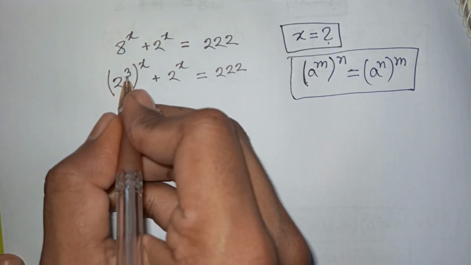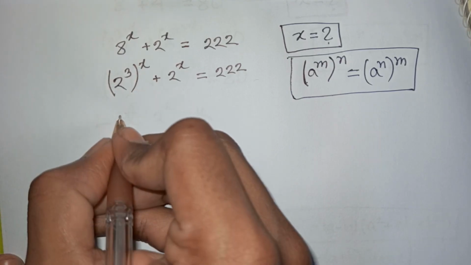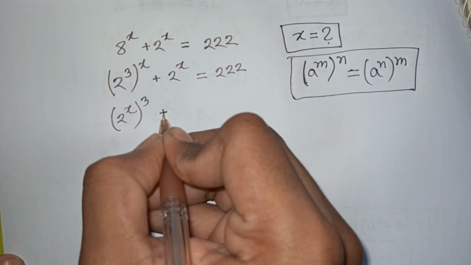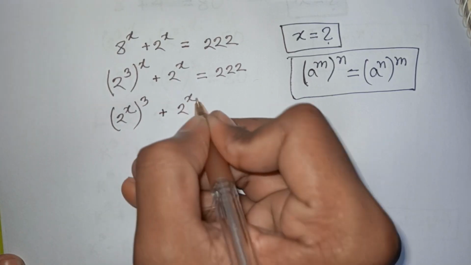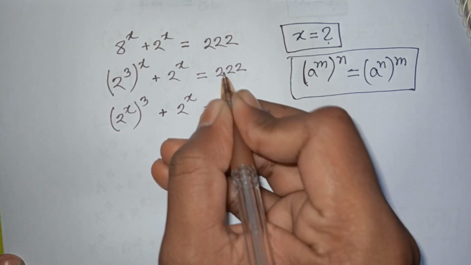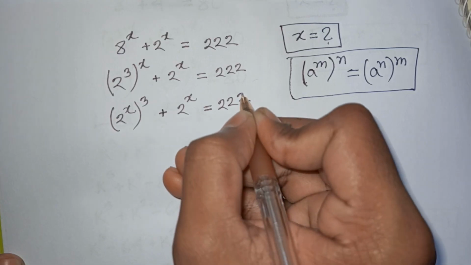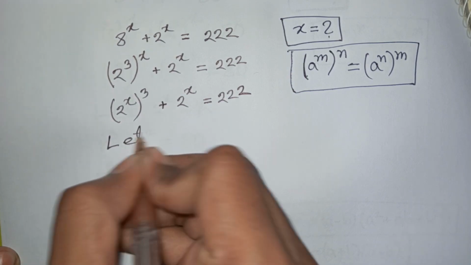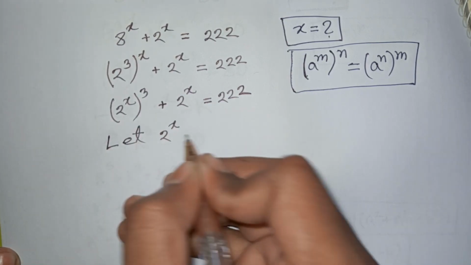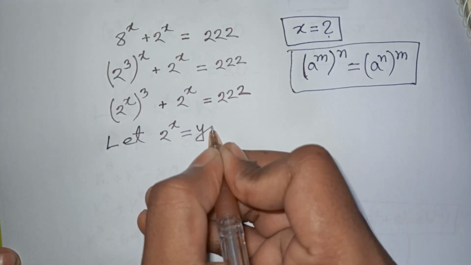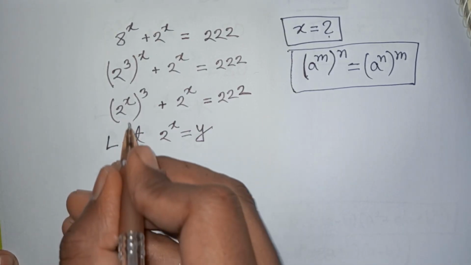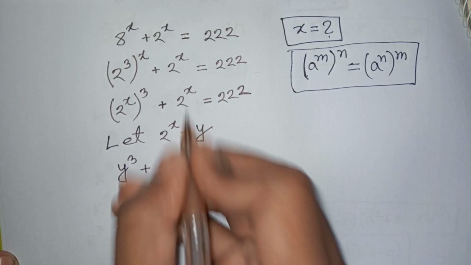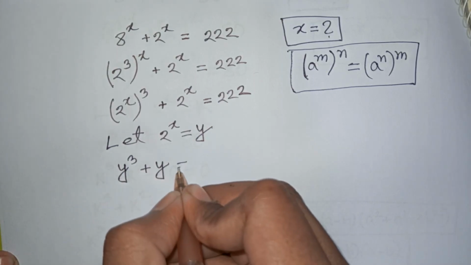So 2 power 3 bracket power x is the same as 2 power x bracket power 3 plus 2 power x is equal to 222. In the next step, let 2 power x be substituted by y. So this equation will be y power 3 plus y is equal to